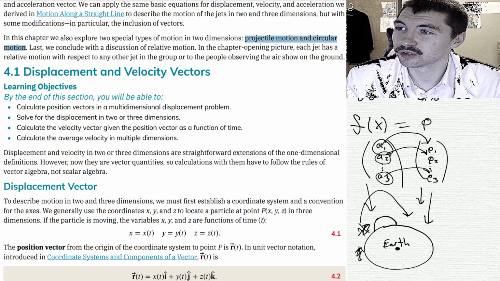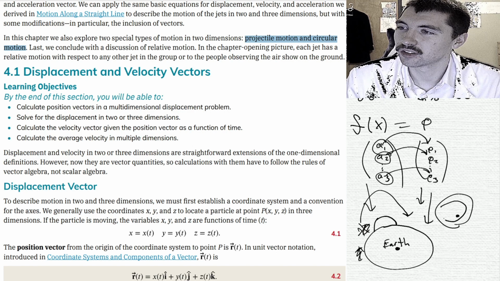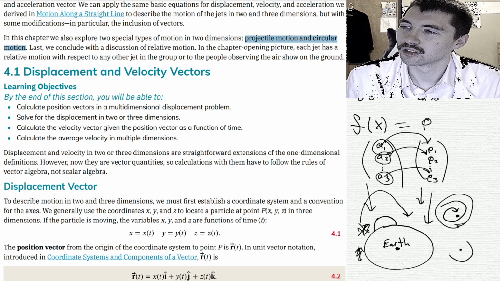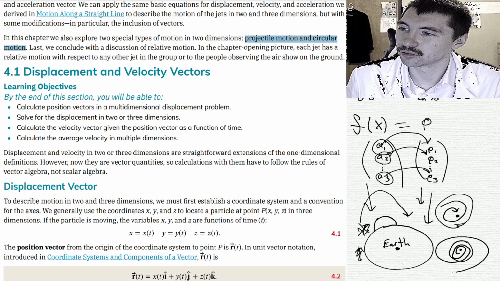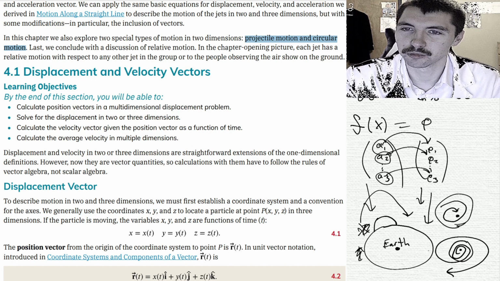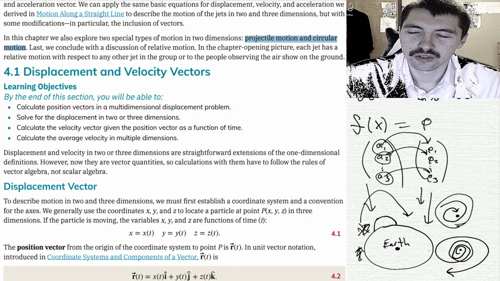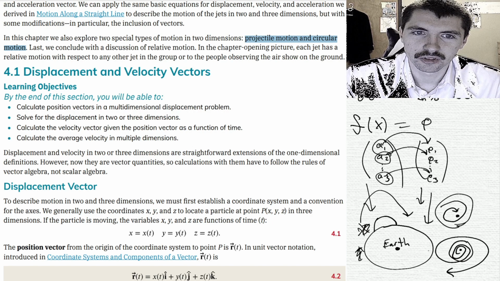And then centripetal force, I think that's when things tend to gravitate towards the center. Centrifugal, don't quote me on these, I'm not sure I'm using the term exactly right, but that's when something spins and goes away from the center. So that's two types of motion, what this chapter is going to cover. Each jet,